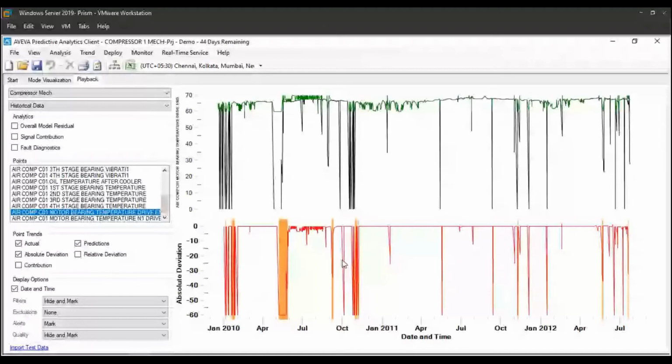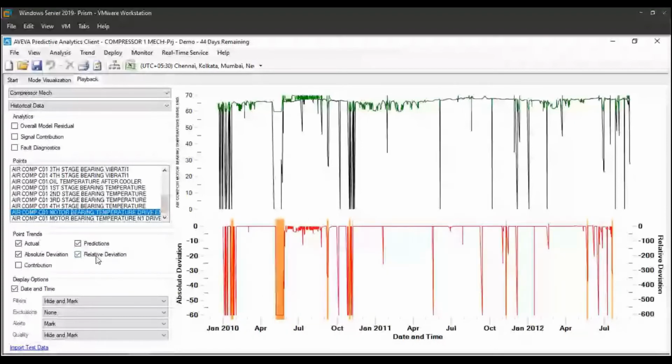If you could direct your attention to my mouse cursor, let's say that the software was expecting the value for this sensor to be 60. And at this particular stage, it's showing me that the absolute deviation is minus 60. So what's happening here is that with respect to this ideal condition, the current value is 60 less than it. That's what absolute deviation means here. And an absolute deviation of plus 60 would mean that the current value is 60 more than what the normal condition of that variable should have been. The same logic applies to the relative deviation. The only difference is that there we calculate relatively, based on percentages.